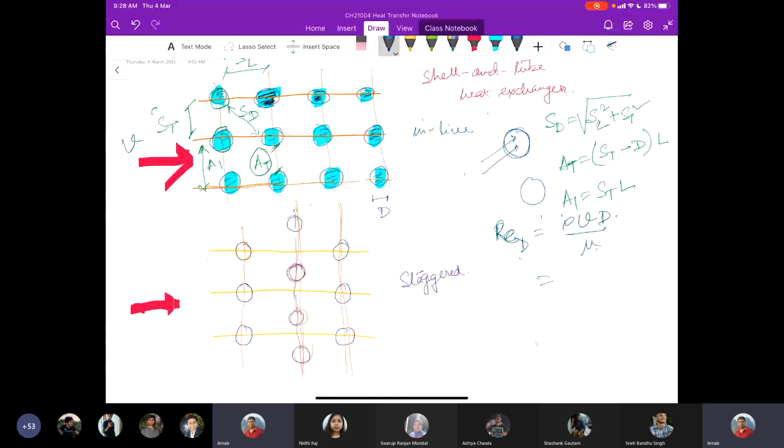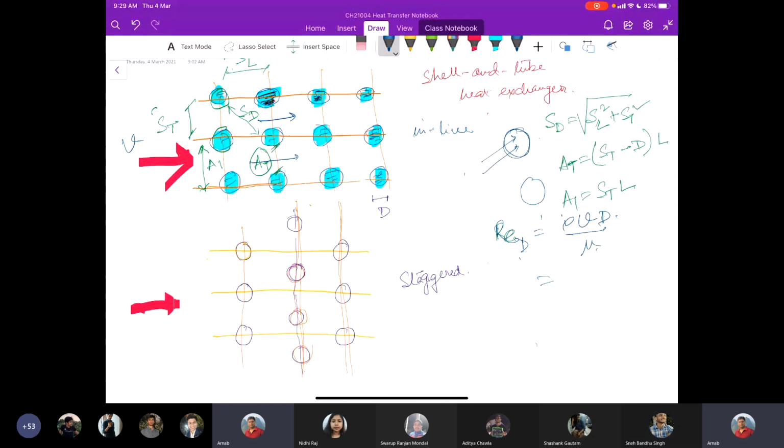Do you think the velocity of this free stream and the velocity when it passes through this arrangement would be the same in a steady state scenario? No, sir. Why? Because while the fluid is approaching, the cross-section area is large, and when it is leaving, it is small. Absolutely. So that means we have to apply our mass conservation.